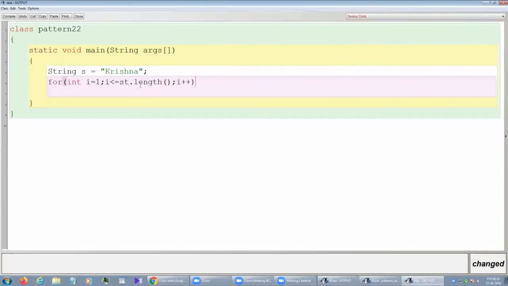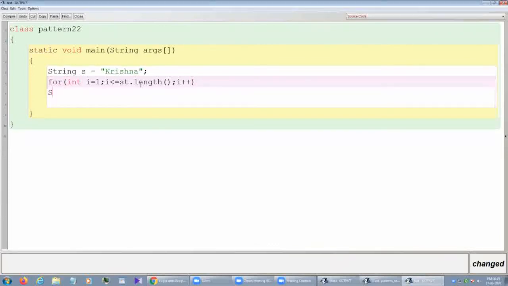After that, if I write System.out.println(s.substring(0, i)), then also we'll get the result.